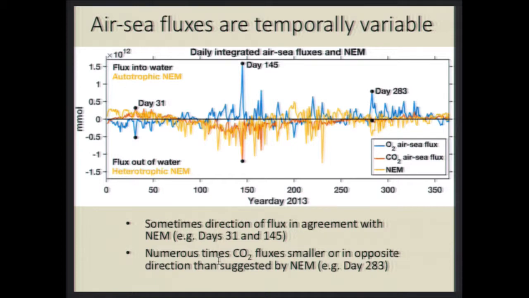But there's also numerous times in the model where the CO2 fluxes are smaller than or even opposite in sign than we'd predict with net ecosystem metabolism. So for example, in the later part of the year, we still have really big O2 fluxes, but the CO2 fluxes have gotten really small. And so we're interested in understanding if that could be important for storing carbon in the bay in that period